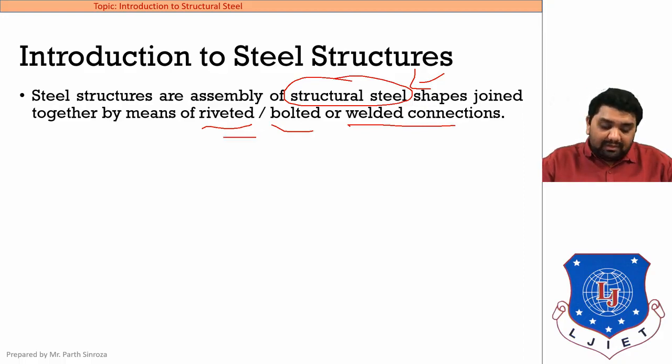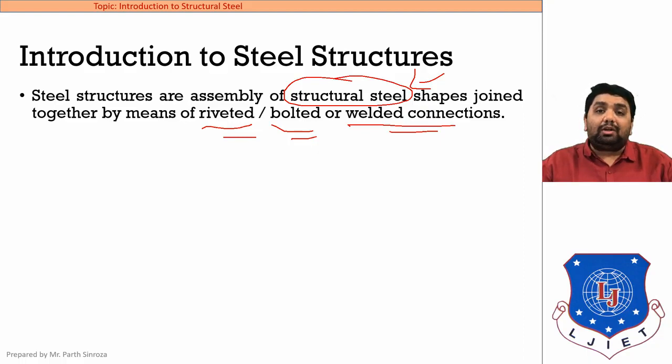Now moving on to these three portions, that is riveted, bolted and welded connections. In design of steel structures, our first chapter will be connections: how to connect a steel component with another steel component. Concrete is a homogeneous or monolithic structure, so while pouring you just need to pour it and it will fill due to its workability, which you have seen in concrete technology. But steel being a solid material, it has to be joined.